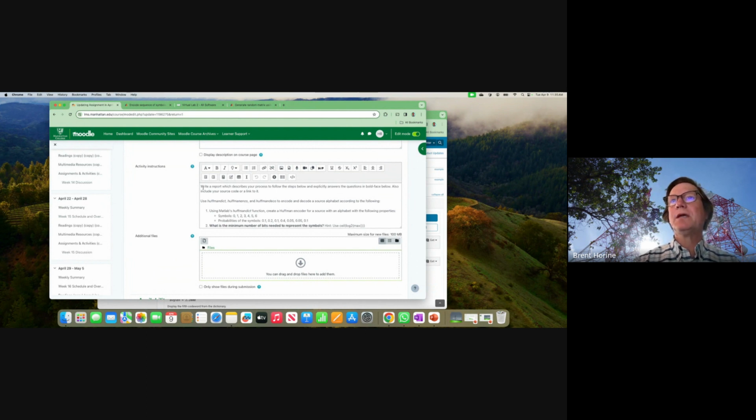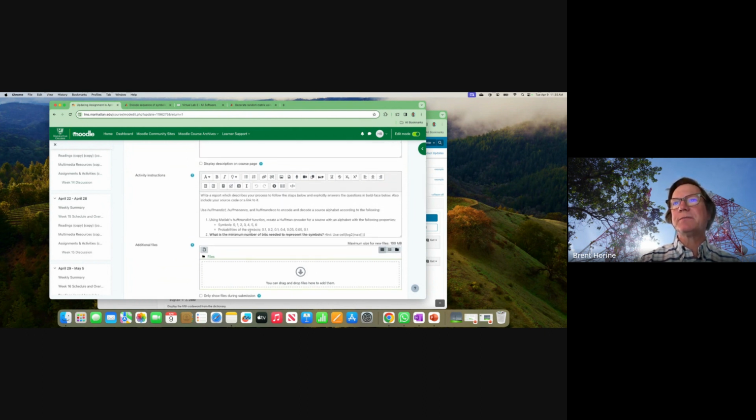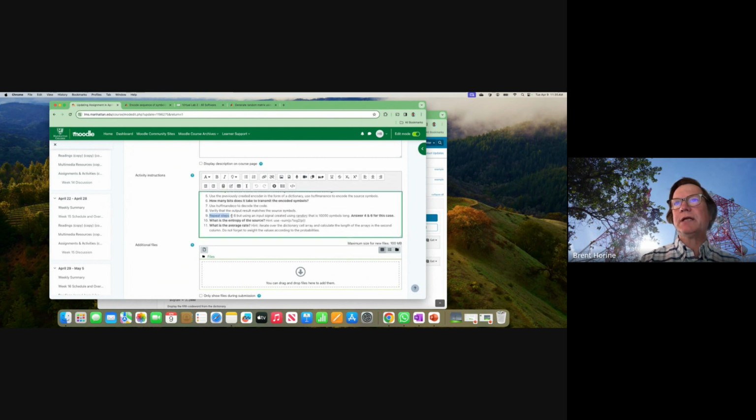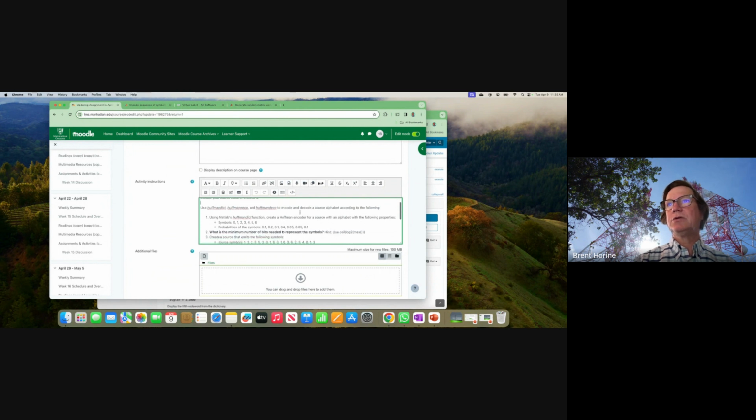So here what I want is a report that describes your process to follow all these steps. I think I have 11 steps here. Right, and actually some of these are repeated here in step 9. So you'll briefly describe your process. Now that should mostly be in your source code, but then explicitly answer the questions in boldface below. Right, so here we're going to use this Huffman dict, Huffman encode, and Huffman decode to encode and decode a source alphabet according to the following, right? So